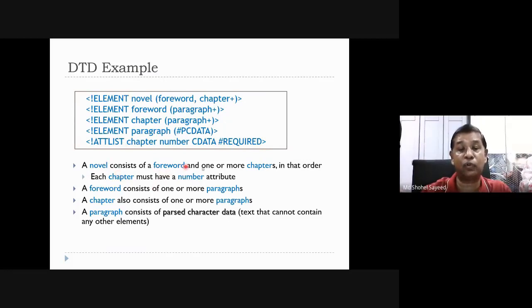A novel consists of the foreword and one or more chapters. This is the foreword and chapter plus. In other words, each chapter must have a number attribute. This is called the attribute list. Second, foreword consists of one or more paragraphs.